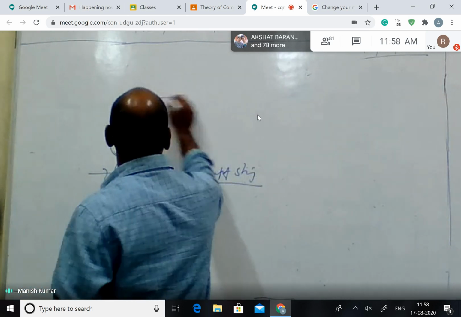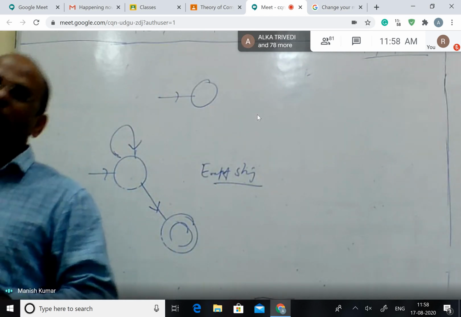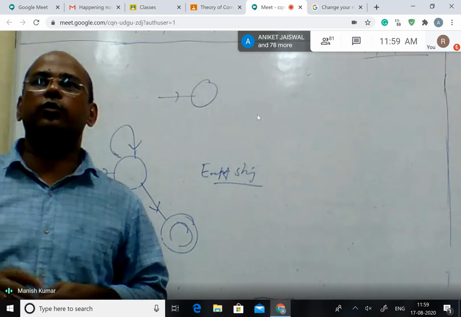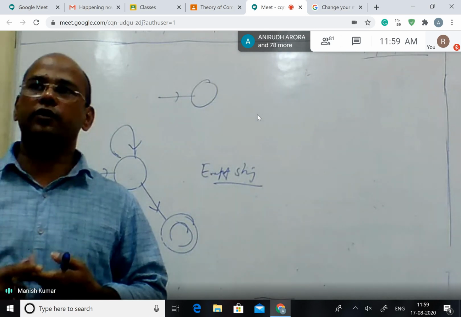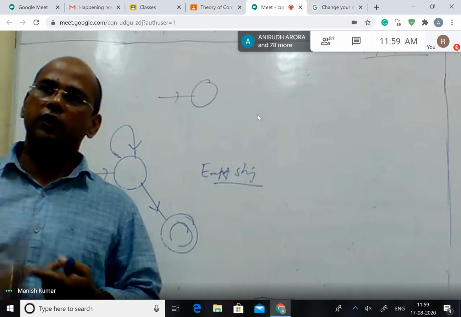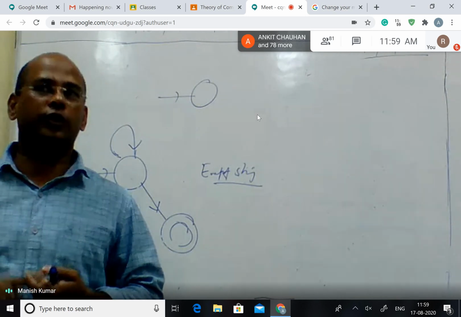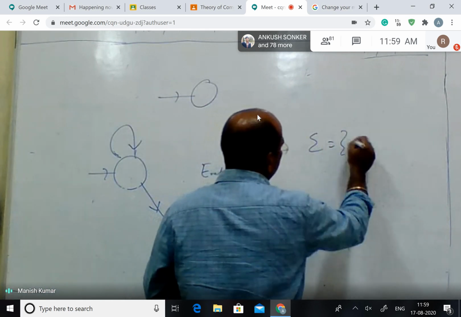What you are saying? Initial and final same. You cannot, because DFA is a deterministic finite automata. So whenever you talk about any deterministic finite automata, for each of these states, you have to define transitions for all the inputs. You cannot ignore that. That means, if suppose sigma is A, B, C,